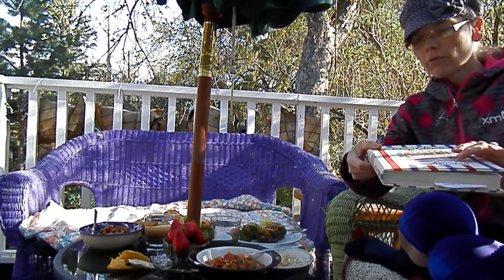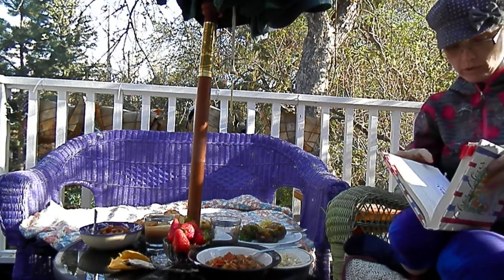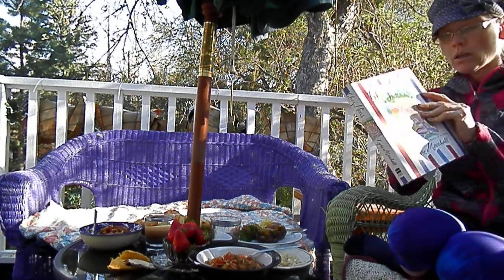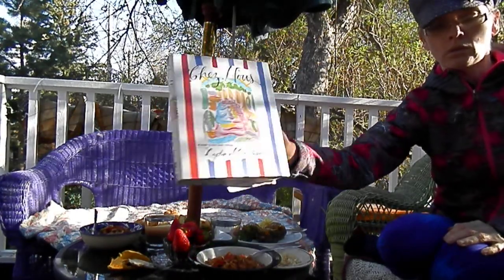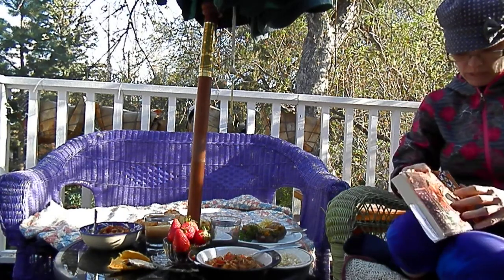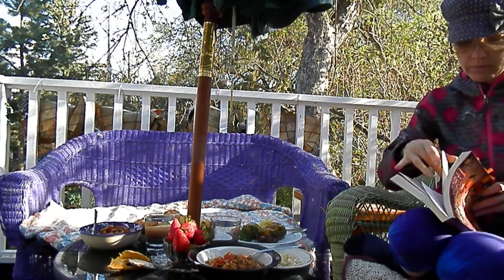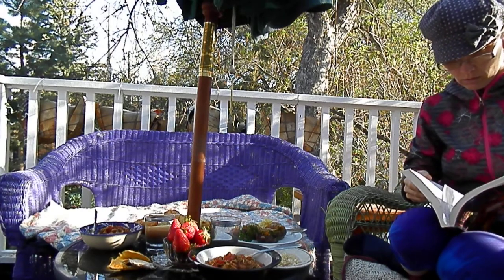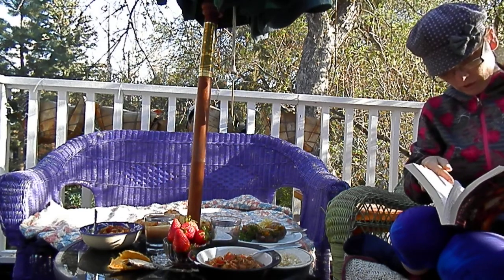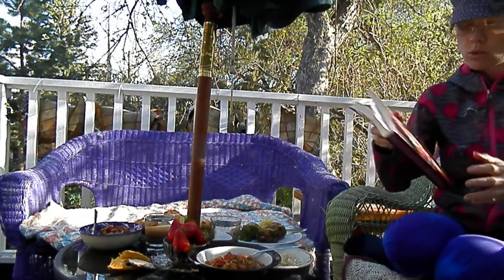Anyway, the stuffed mushroom recipe is inspired by the recipe on page 216 of this book. So we'll see how that goes. I've been meaning to make it, and I'll make it several different ways. And yep, this is the one I used. So off of page 116 of this book is the soup recipe, and